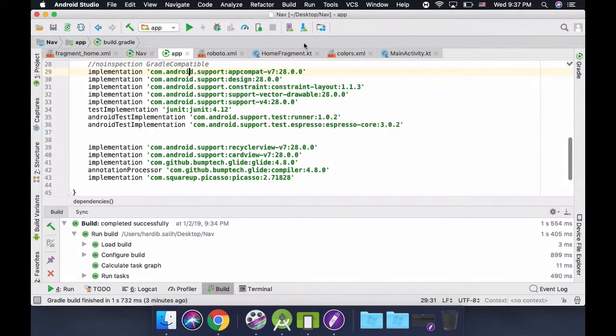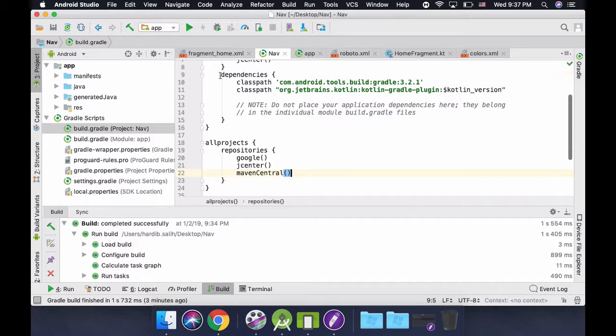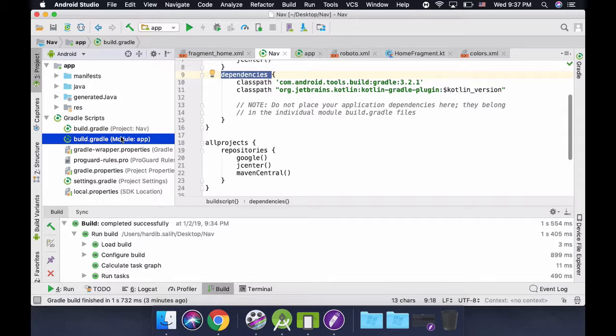And today was all about how we can add a dependency into our Gradle file. Just remember, we have two places for dependencies. One of them is the project Gradle, and one of them is the module Gradle. The module Gradle is the place for adding a new dependency,